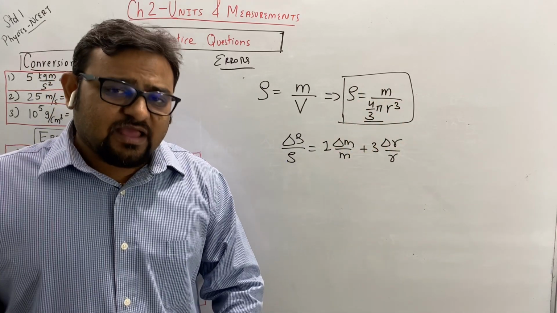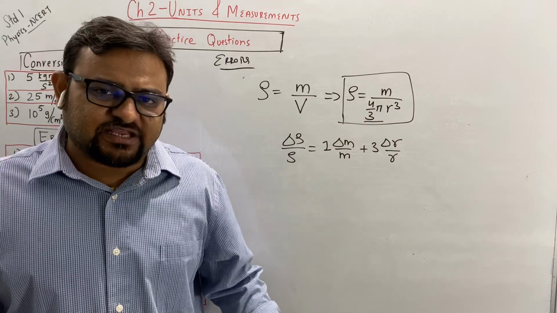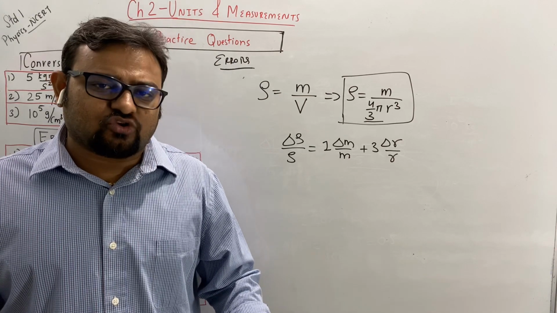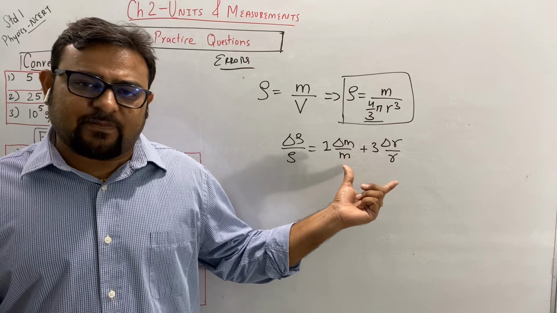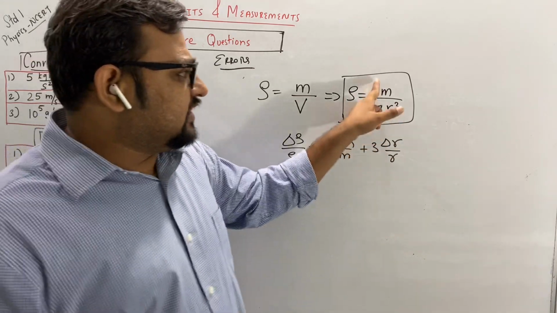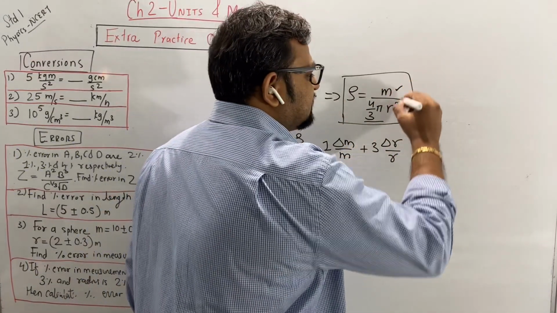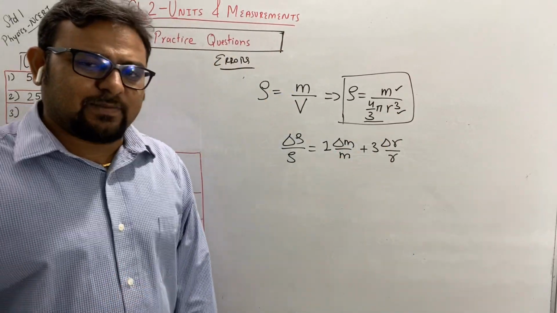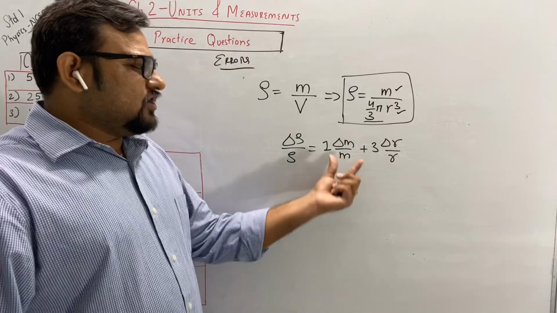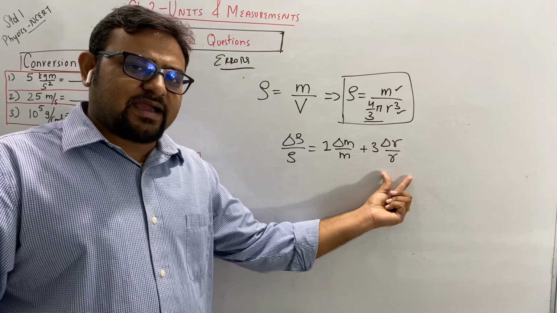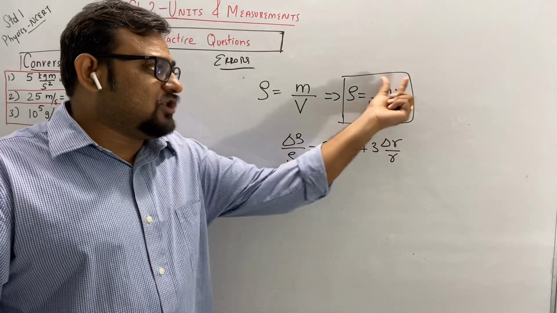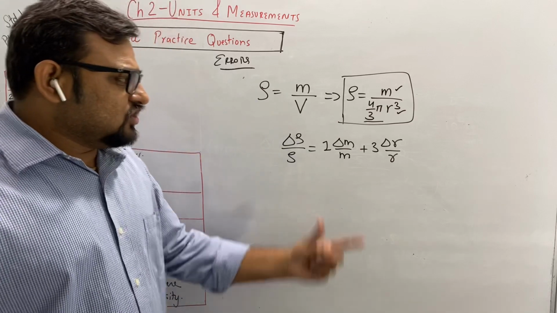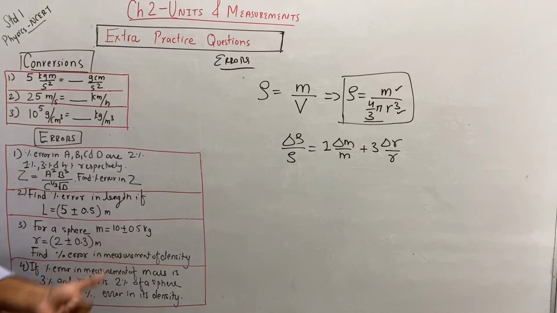So remember, in the formula you only have to take measured quantities. Apart from that, wherever there is any constant, just ignore it. Don't take delta pi by pi here. No. Only take the measured ones. There are two measured quantities. Whether it is multiplied or divided, use delta m by m, delta r by r, and multiply with the positive value of that power. Clear? So now the formula is same for both.